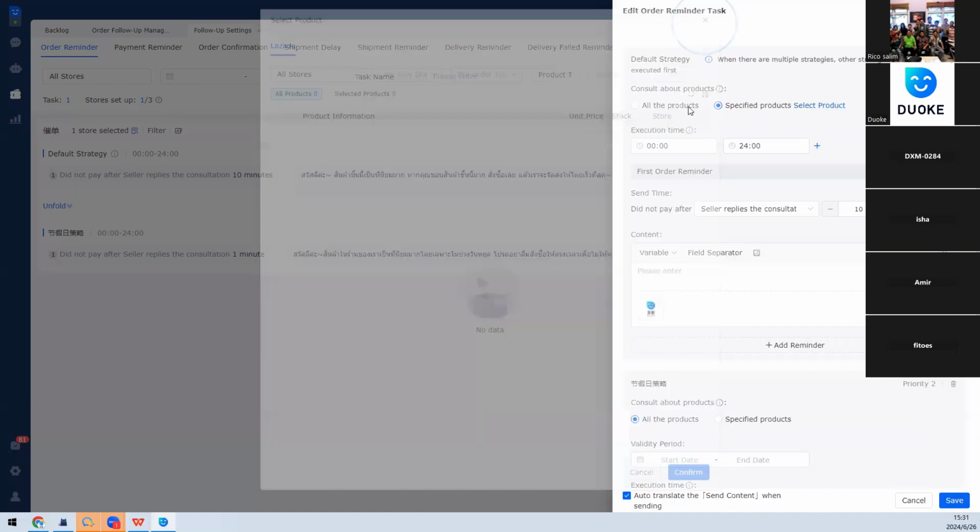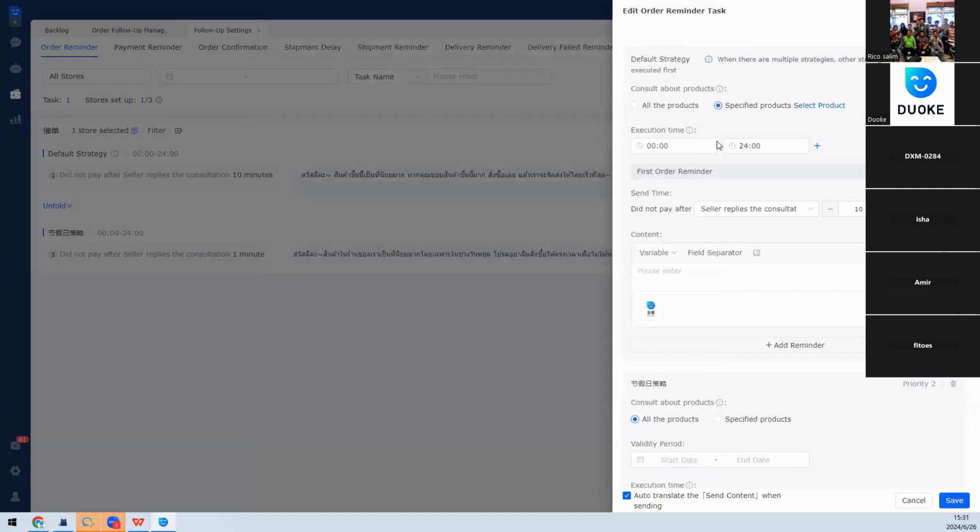Okay, and we can choose the execution time here. And also here we can choose the send time, and we can choose the time that we want. For example, 5 minutes. And also we can write the contents here. For example, the product,